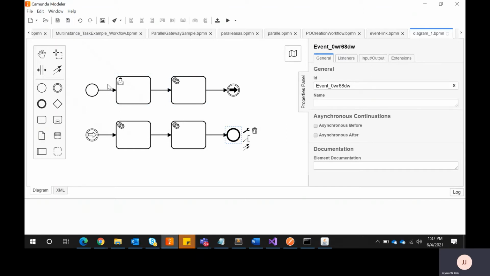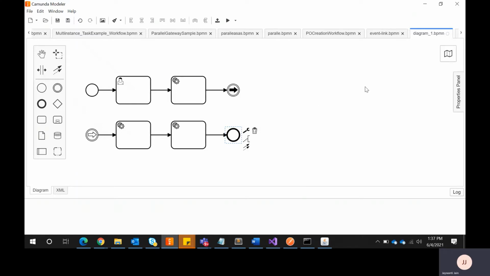Assume that you have a very big Camunda process like this: user task, service task, and so many tasks. It won't come together in one place, in one flow. So, this is my start, this is my end. You can design your BPMN process, if it is very big, and then at the end you can add a link intermediate throw event, and wherever you want to continue with that process, you need to write down a link intermediate catch event.